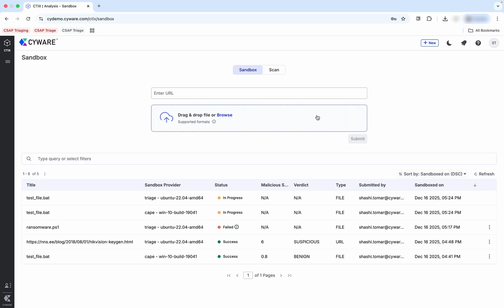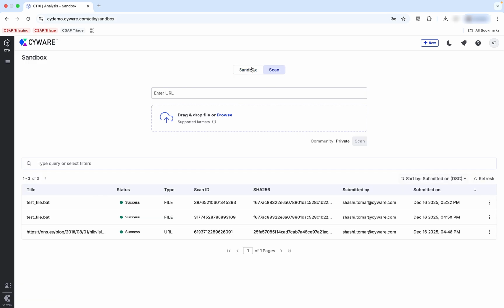Cyware Sandbox provides a secure and isolated environment where you can safely execute any suspicious file or URL and uncover malware behavior without risking your actual live systems. Cyware Sandbox is integrated directly into Cyware Intel Exchange and Collaborate. It currently supports two capabilities, Scan and Sandbox. Starting with Scan, it allows you to perform a quick scan of a file or a URL, and you get